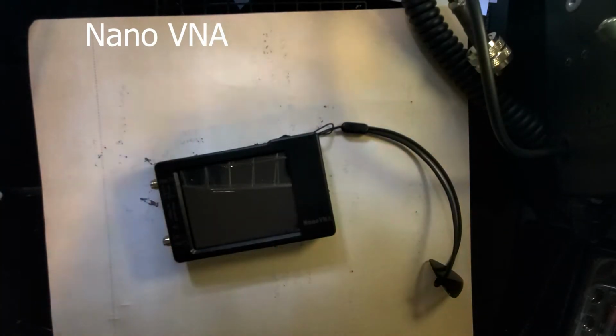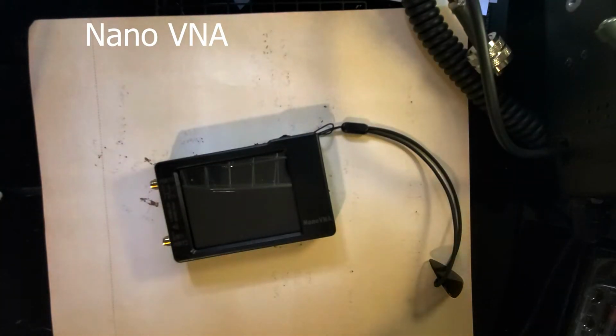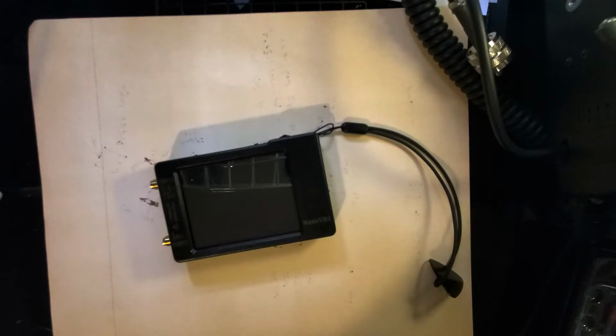The Nano VNA is a very powerful tool that is very popular among amateur radio enthusiasts. It's a tool that allows you to do numerous things for both amateur radios and for other types of applications where what's called network analyzing is needed. But we're just going to talk about what you need to know for amateur radio as a complete beginner